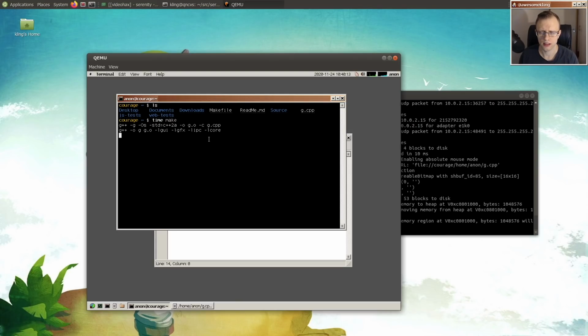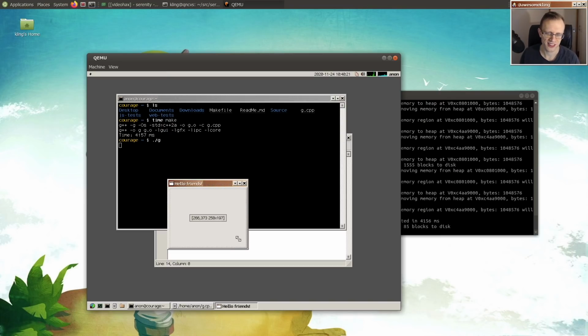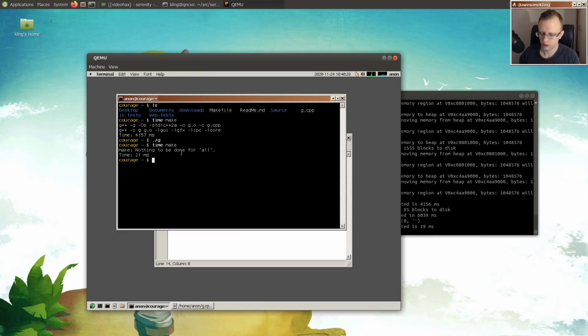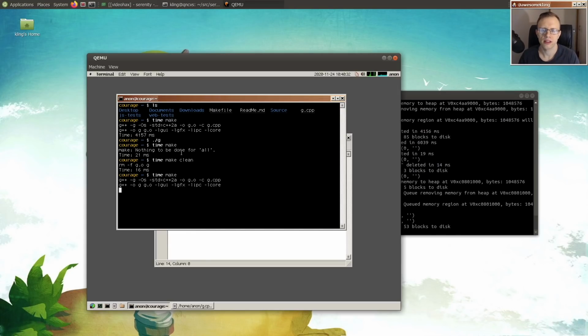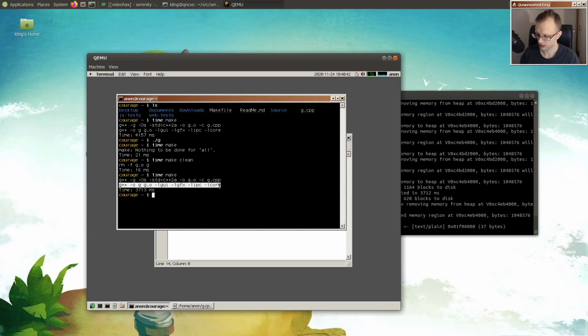you can see that it is not particularly fast, especially linking seems to be really slow, but it does work. It does produce a running application, and I think if we run again, then it's going to be a little bit faster the second time because things are in cache. But really, this performance is pretty atrocious, and today we're going to be investigating why linking is so slow in